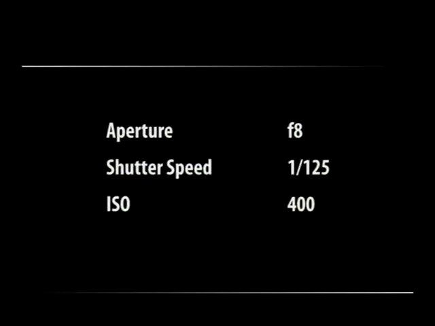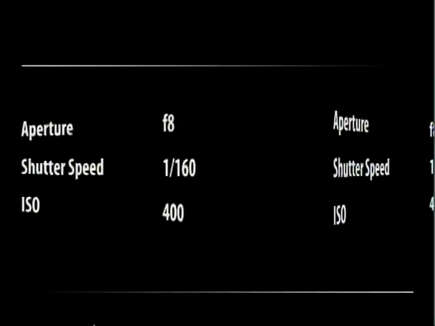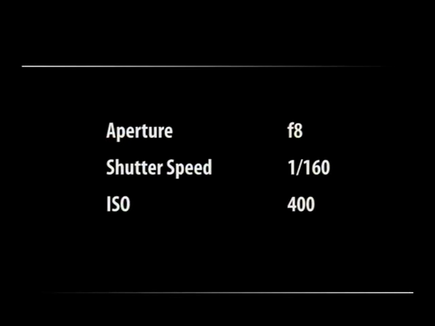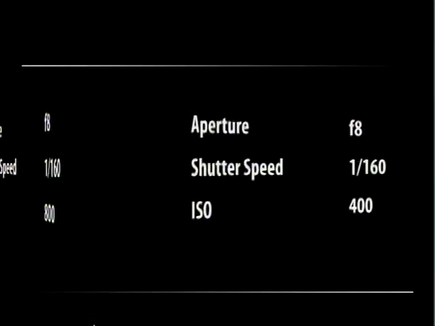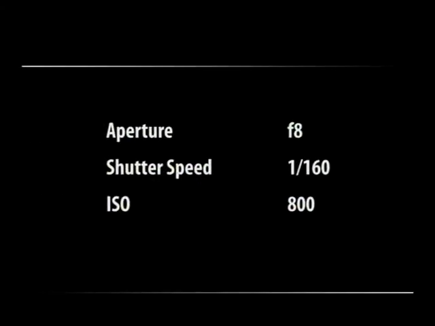Another example is that I let the aperture remain at f8 and I change the shutter speed from 1/125 to 1/60th of a second, and I increase the ISO to 800. Now, what I have done is that the aperture is constant, the shutter speed has gone to double and the ISO has gone to half. Therefore, if you see it, all these three pictures are balanced as far as exposure is concerned, but the results will be different.